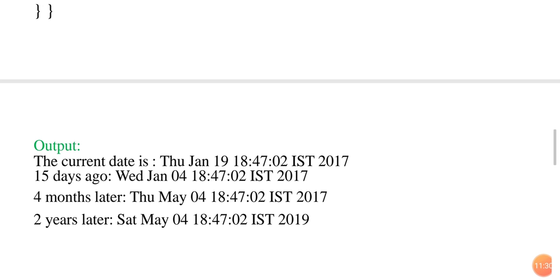Current date is January 19 at that time, and 15 days ago date is January 4th, and day, time, and everything will display. 4 months later means after Jan, May month will come and the exact date it will print. 2 years later means after the 2 years of 17 it prints the date of that one. So every time it compares and it will give as the output. This is about the Calendar class.